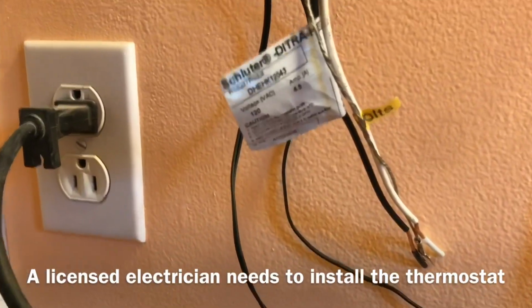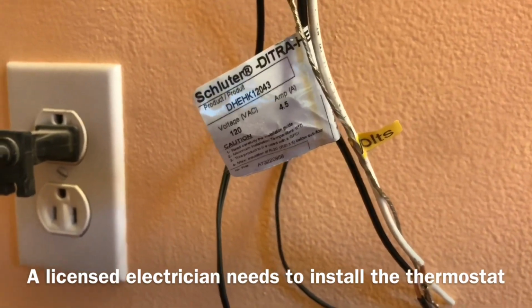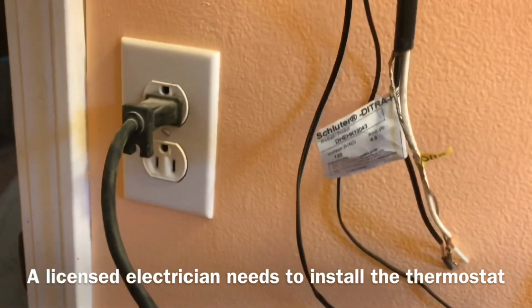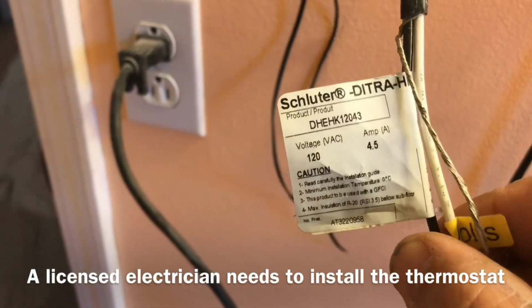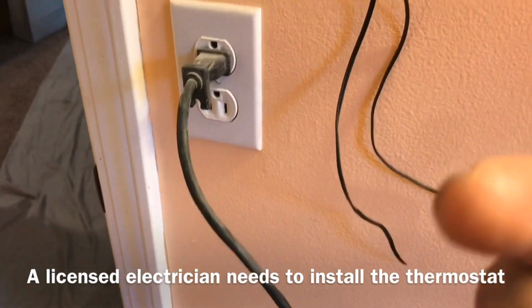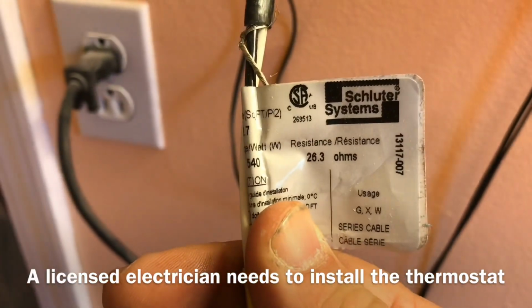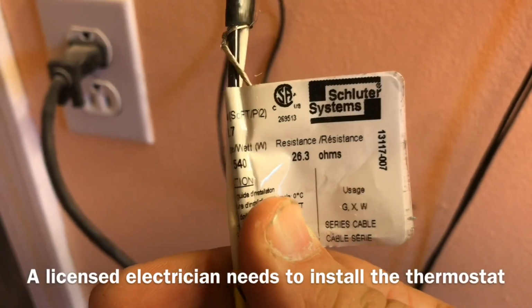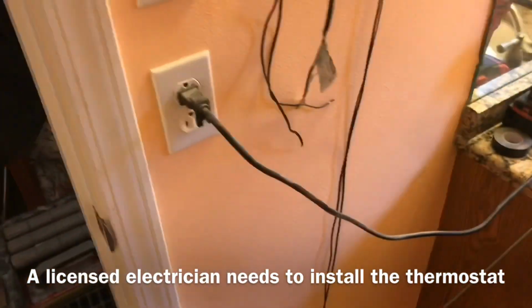Testing the spool of wire. Again, we're going to use a Megohmmeter, and they give us the readings on the wire themselves of what the factory reading on this spool is. And you can see, if I get my camera in the right spot, we're looking for a resistance of 26.3 ohms. And so I will put the multimeter on first,